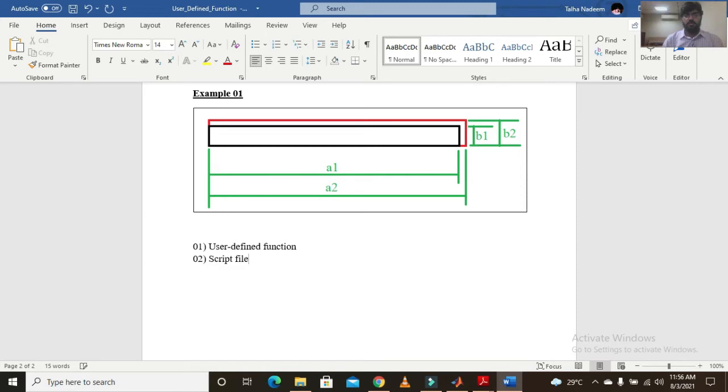and then in the script file, enter inputs and calculate area 1.